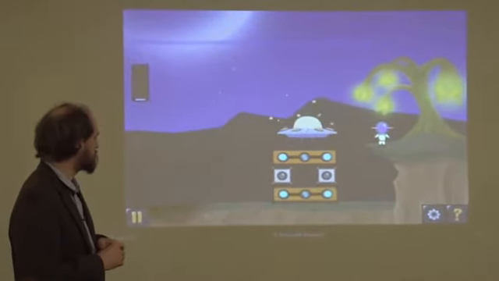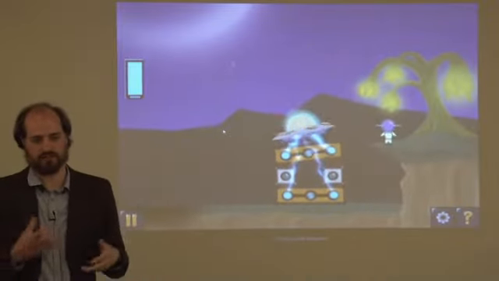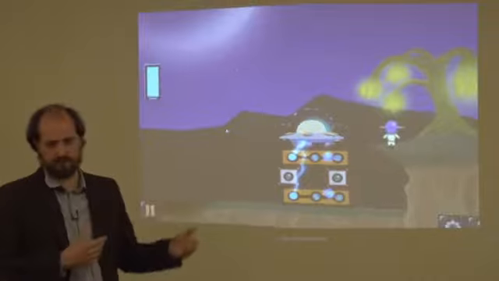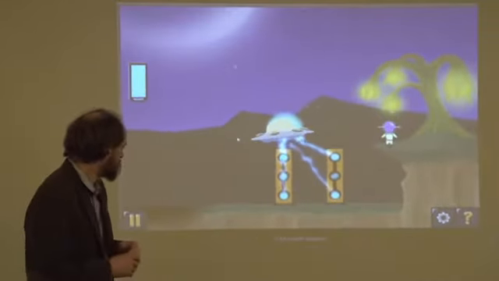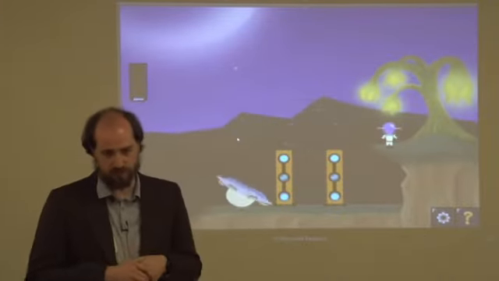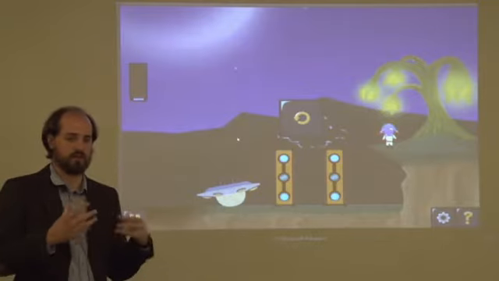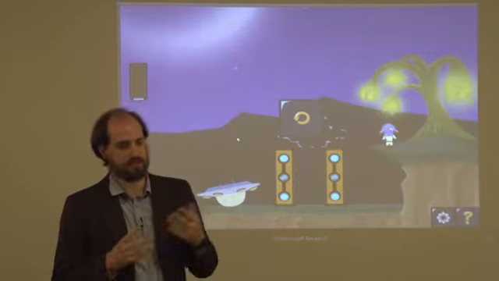So when they're done, they put the ship on top. This causes an earthquake, a test of the stability of structures. If the ship stays on top, they succeed and move on, and that's winning the game. If the ship falls off the tower, then the alien gets sad and players have to retry and start over. So what this does is give players a sandbox to work with these different notions of what stability means, using a metaphor that makes sense to them.